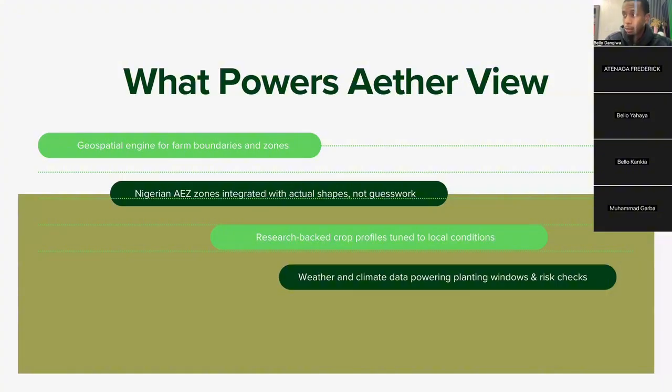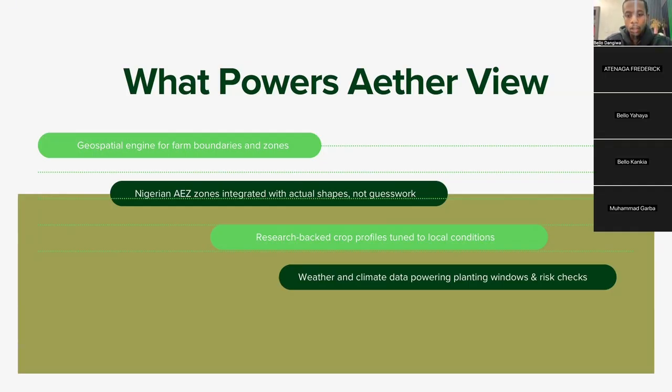We have the weather information, which we are getting weather data. For the soil, I think we're getting soil data twice a day, so it refreshes morning and evening, in case there's any rainfall around that. And the satellite images as well, we are getting at least 6 satellite images in a month. So this is enough to guide you and monitor your crop health for the season or for that farm in